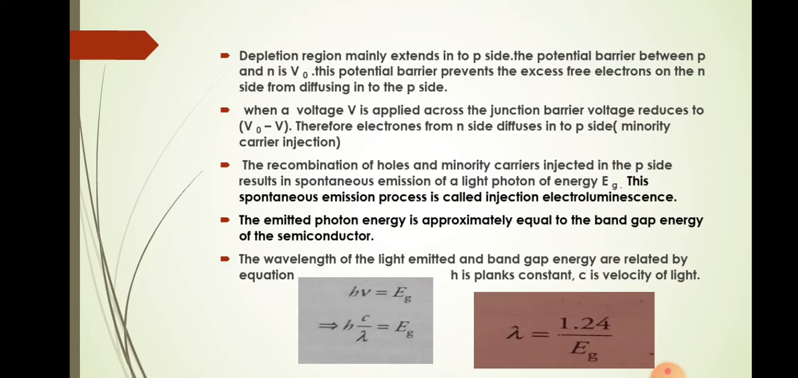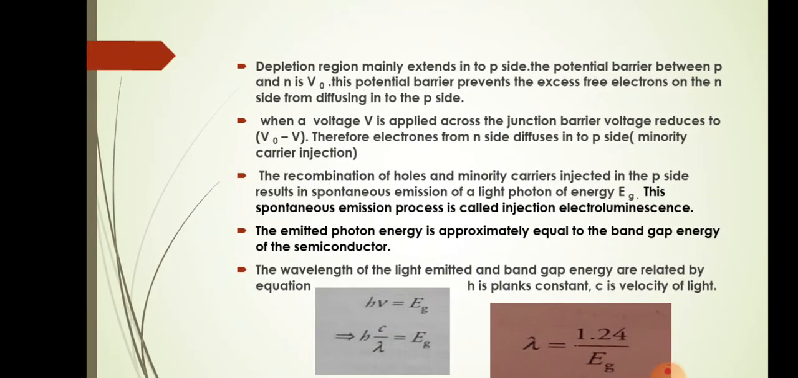Here is some theory. The depletion region mainly extends into the P side, and the potential barrier between the P and N is V0. That means the built-in potential is V0, and this potential barrier prevents the excess free electrons on the N side from diffusing into the P side. When a voltage V is applied across the junction, the barrier voltage reduces to V0 minus V. Therefore, the electrons from the N side diffuse into the P side, and this is called minority carrier injection. You can see in the figure,